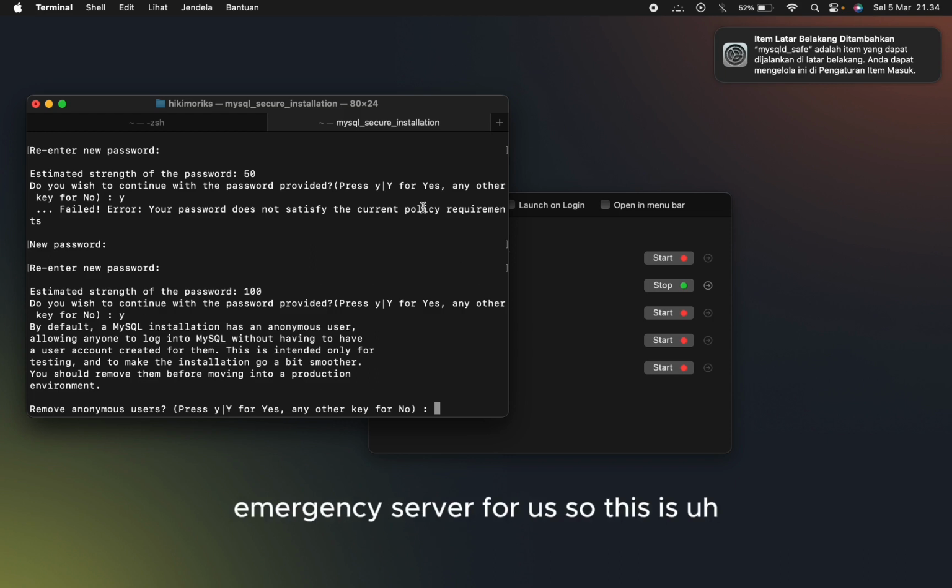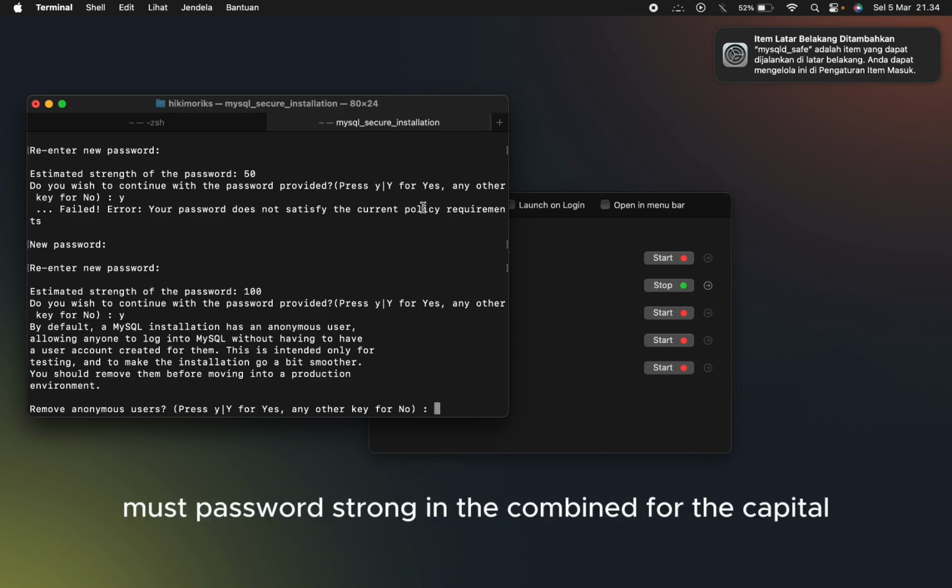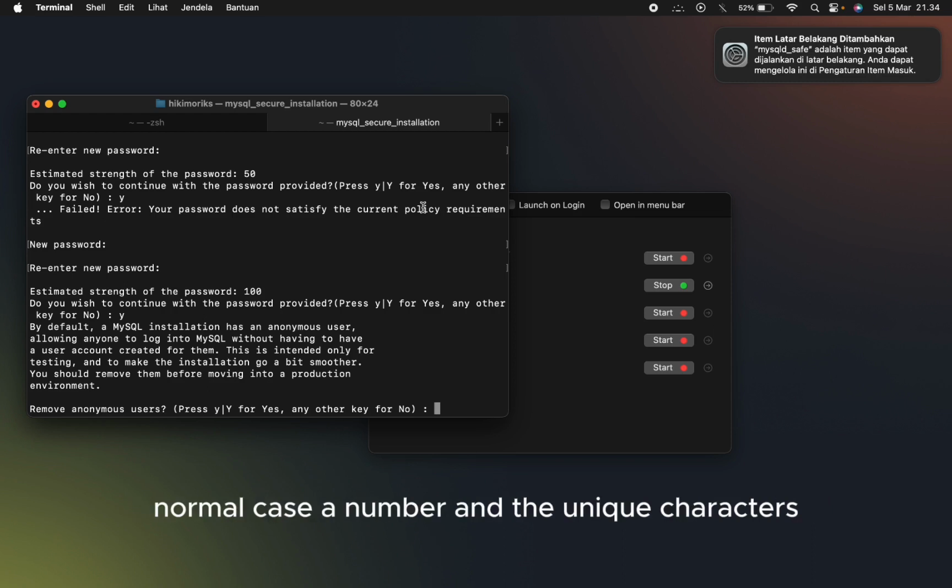So you can type a strong password, combining capital letters, lowercase letters, a number, and a unique character.